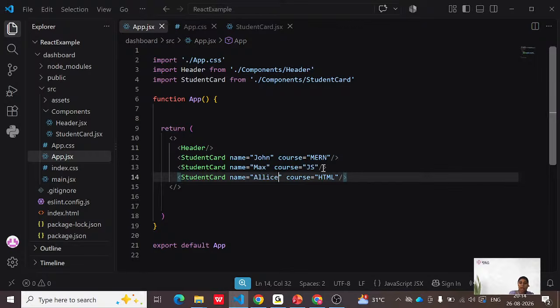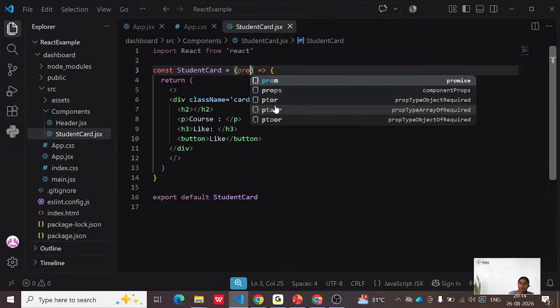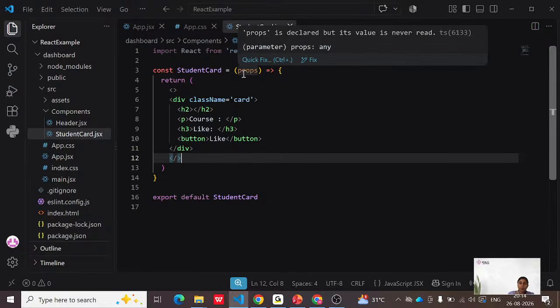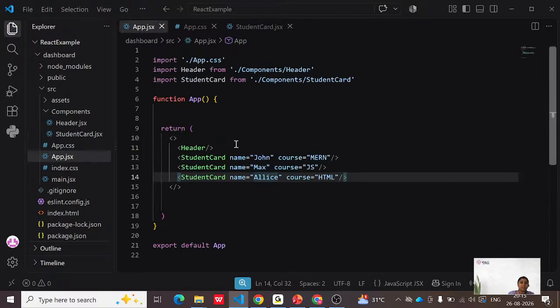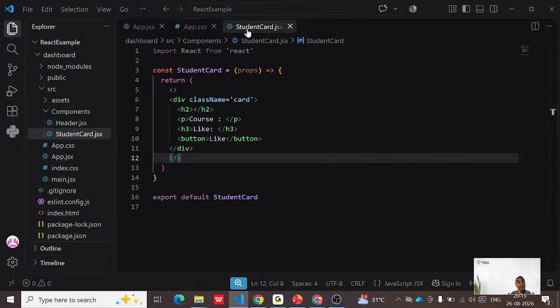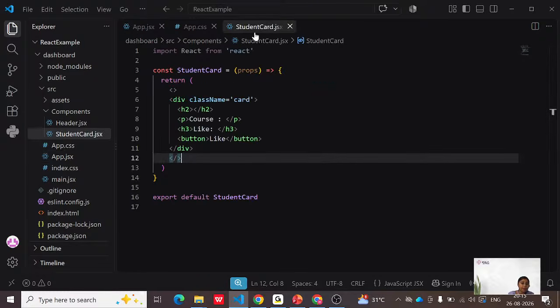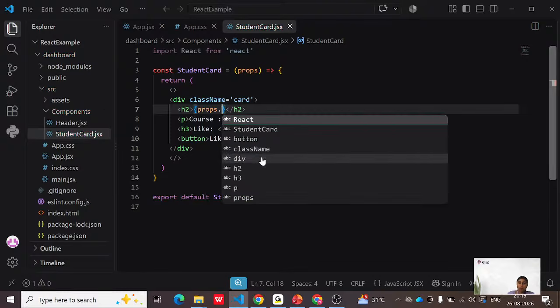Okay, now we are passing different data, but how will the student card receive it? So inside the bracket we type here props. This is the built-in. Okay, this is the built-in. Props you have to write. Now when you type props, you can access the name and course, which are getting saved internally. Props is an object and this name and course are getting saved as properties. So whenever you want to access any property from the object, we use dot. So inside this h2, I will use the curly braces. Okay, that is props dot